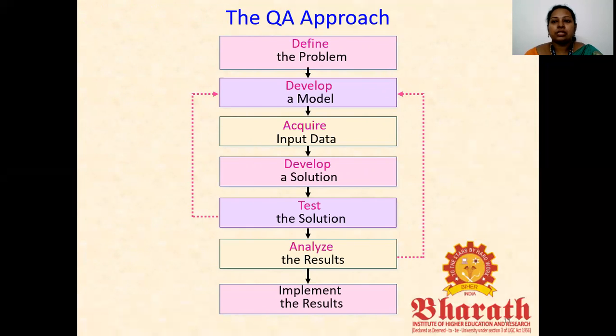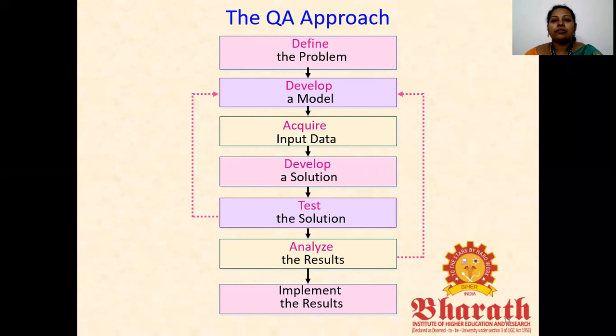There are several approaches. The best and most important approach is the OR approach. These are the steps involved in the OR approach. The first one, we have to define a problem. After identifying the decision variable, then what are the requirements? We have to define the problem. Once we define a problem, we have to select which is a suitable model for the problem. That is, we select the best mathematical tool to solve the problem. That is called developing a model.